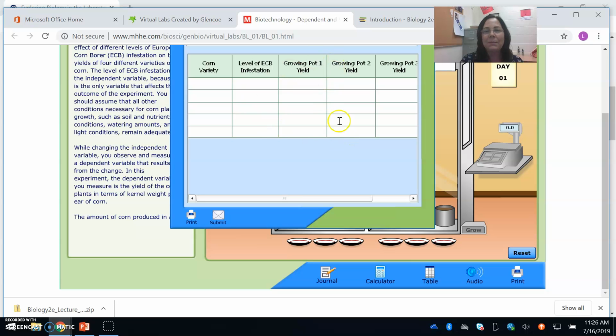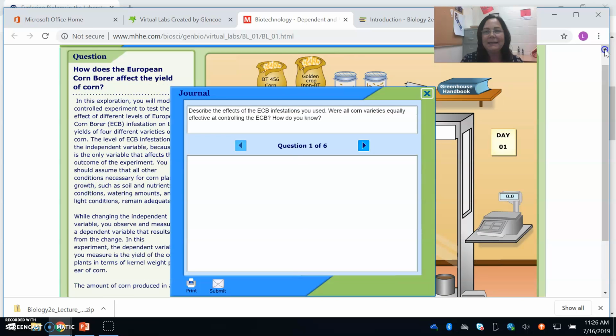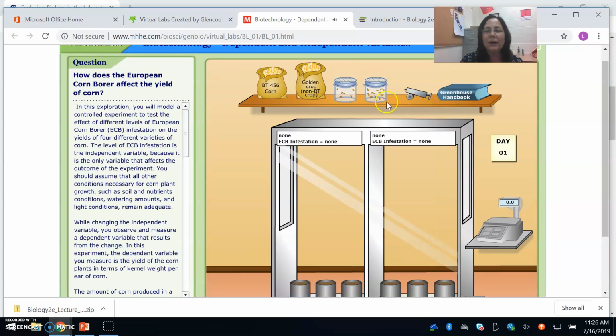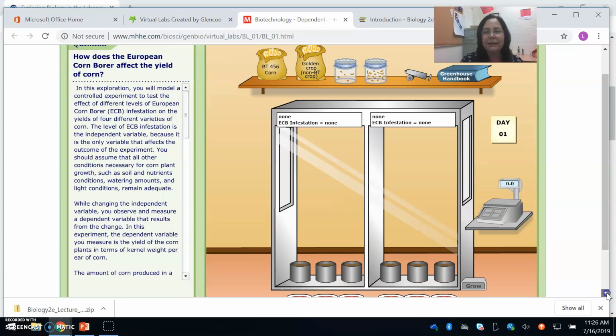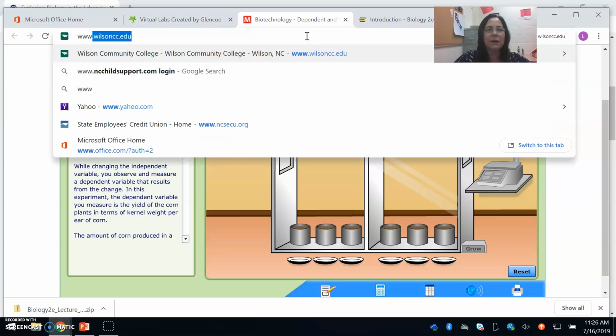So I just make my own table on a Word document, and then I take the journal questions, and there's 6 of them, and I just make a Word document with the journal questions. And what I have them do is complete the lab, and then they can either hand complete or complete online and upload it. So they can screenshot it and upload it, or they can just complete it online, save it, and upload it to the assignment on Moodle. And I do a lot of these, and there's ones from Glencoe, and you can also go here,